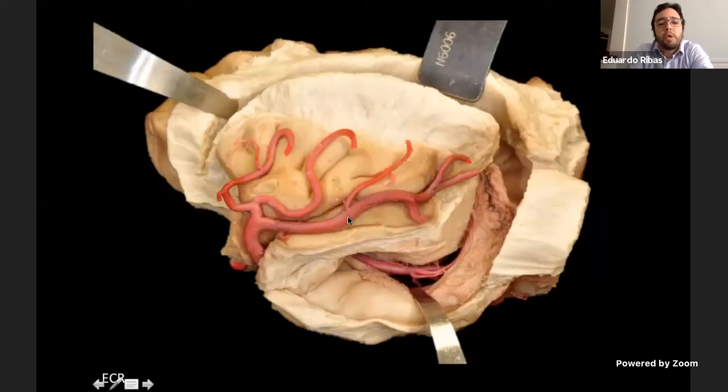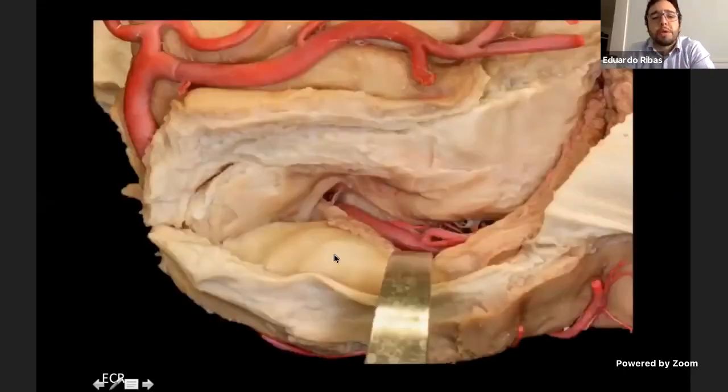The amygdala will continue with the globus pallidus. And how will we detach the amygdala from the globus pallidus and not get inside? Professor Wen, I studied with Professor Wen, always my teacher at the University of Sao Paulo, and he taught me that if we connect the inferior choroidal point, that's where the anterior choroidal point is getting inside the lateral ventricle, the temporal horn of the lateral ventricle,